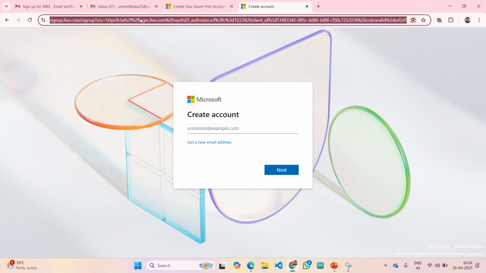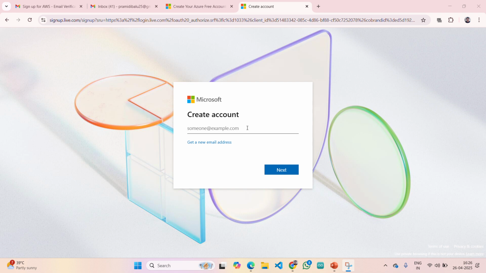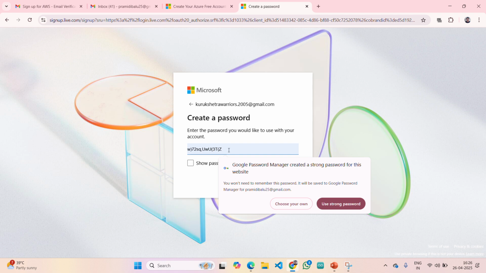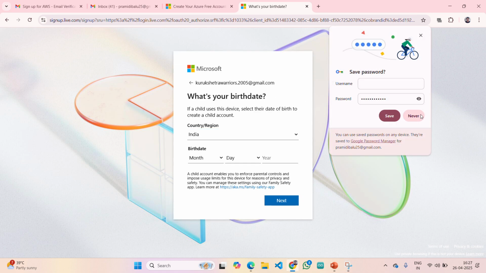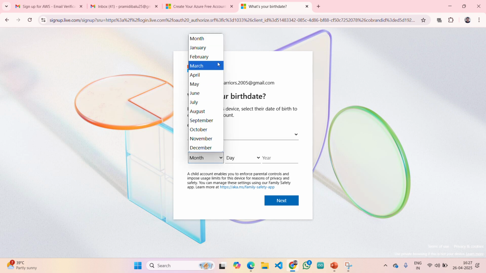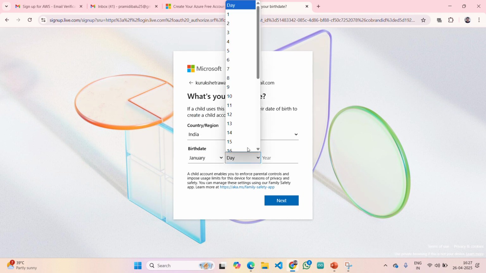Let me copy this link. Now you can create it with some mail ID. You need to create a strong password. Once you enter the password, click on next. You can give all your details, date of birth and all.